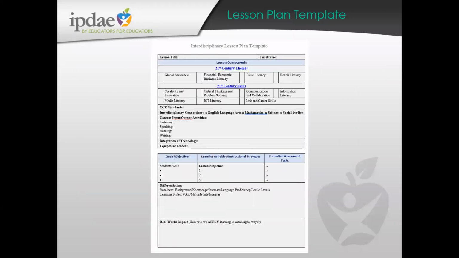This is a lesson plan template, and we're going to share this lesson plan template with you. But we thought about how can we pull together all of our criteria for English language learners, making sure that we're hitting both the CCR standards and what's important for language proficiency and language sharing. And here is a lesson plan template that we'd be happy to share with you that we know ties everything together. So we're talking about 21st century themes, 21st century skills that we mentioned, our CCR standards, and